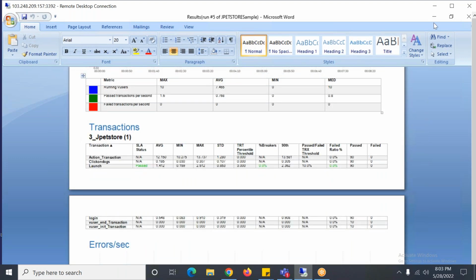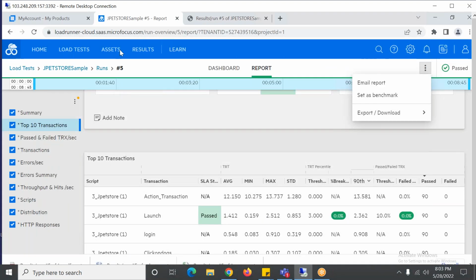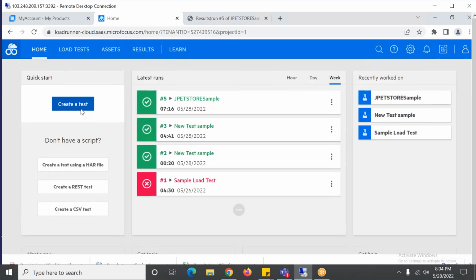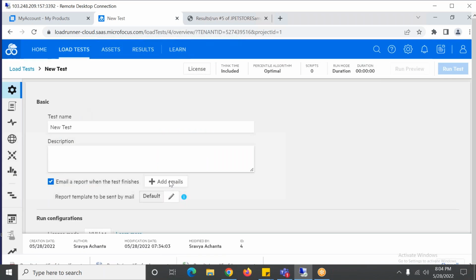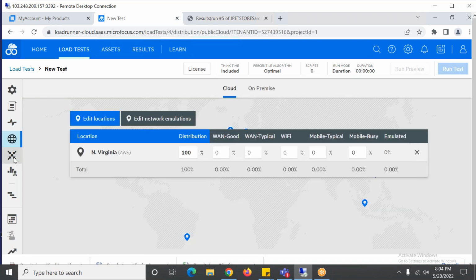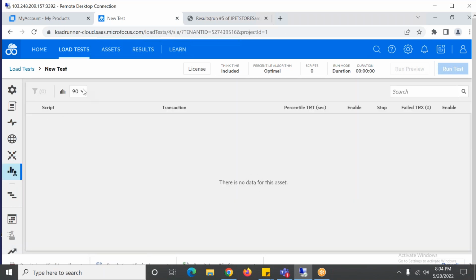Here we could see the 90th percentile, and this is the last thing I'll tell. If you want the 95th percentile also, you can edit it. There's an option for the percentile: 85, 90, 95. It was set to 90, so we got the 90th percentile. If you want 95 or 99, you can choose it in this option.